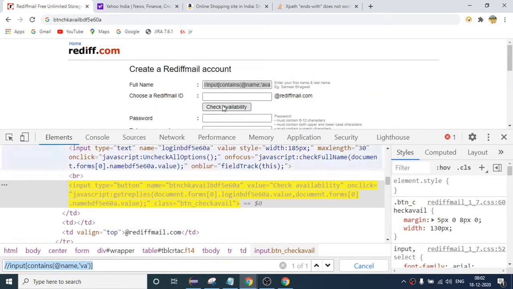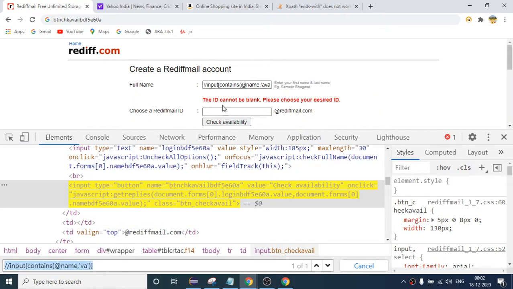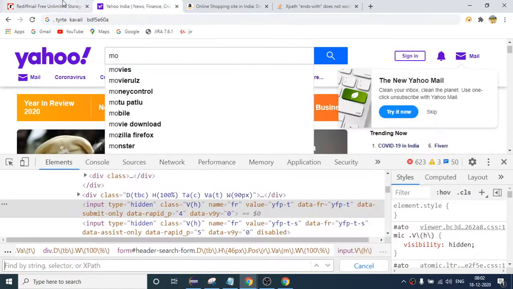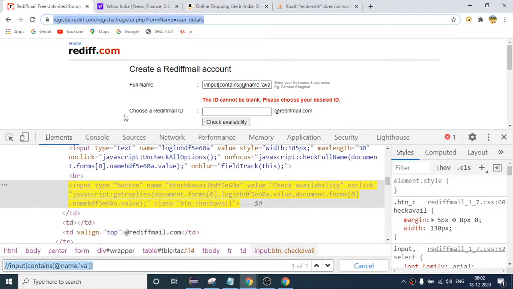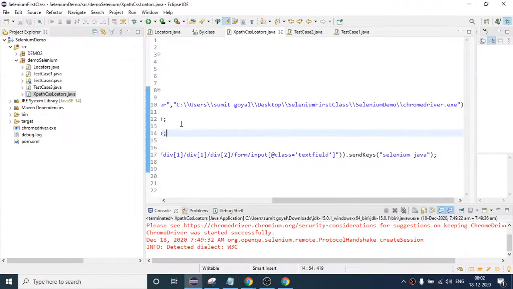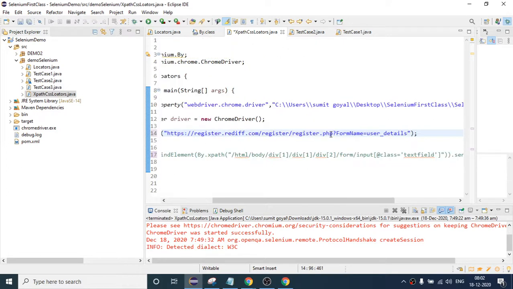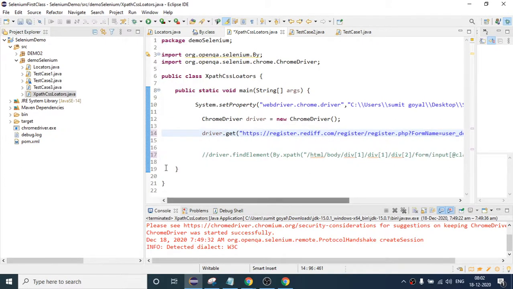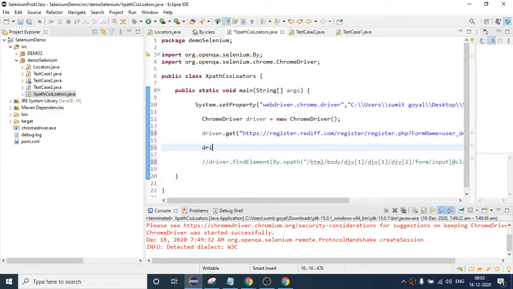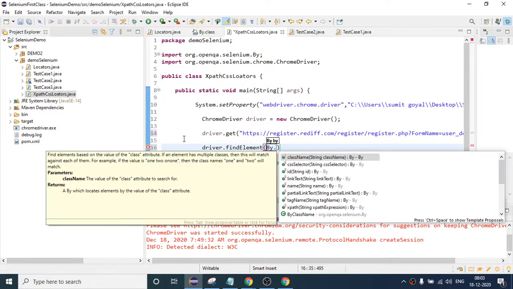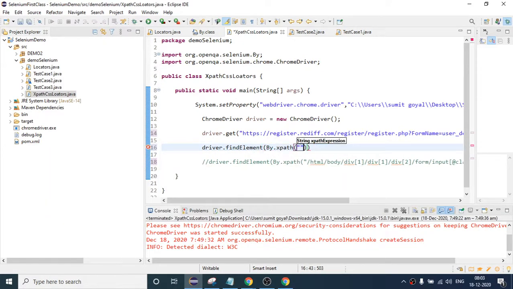So if you want to click this, okay, this we should see. So let me also write one. Again the statement is going to be the same. If I write, let us see, driver dot get, what I want to get this time is this link. After that I will say driver dot find element by dot xpath dot click. I want to click on this button.